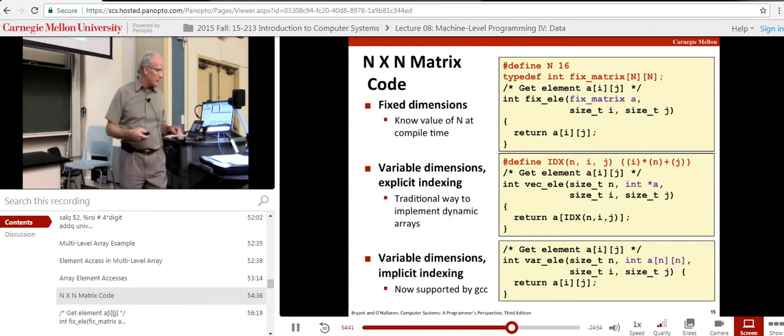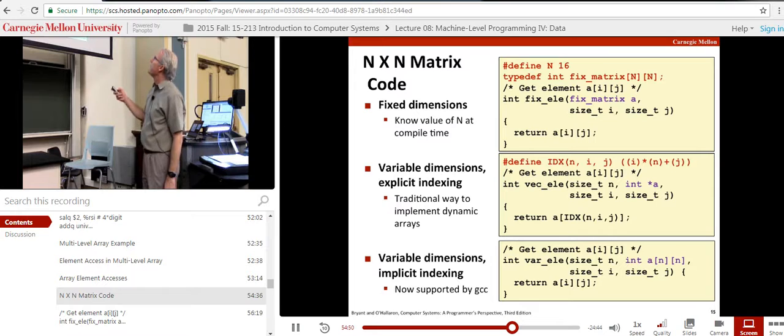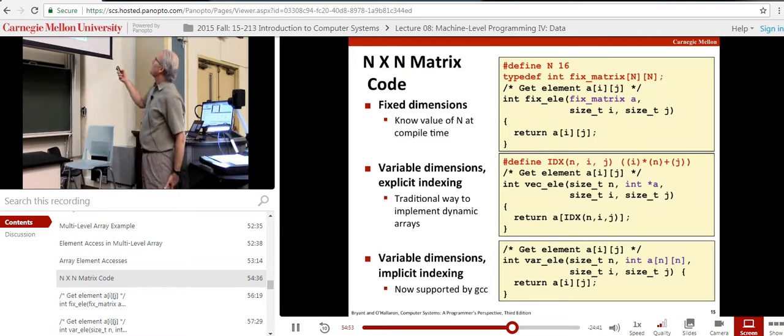OK, so let's look at some other variations on this code. And these all will sort of fall out from these general principles I've described. So first of all, let's introduce an array, a 16 by 16 array of ints. It used to be in C, if you wanted to do multi-dimensional arrays where the size of the array was not fixed at compile time, you basically had to implement your own version of that computation I showed